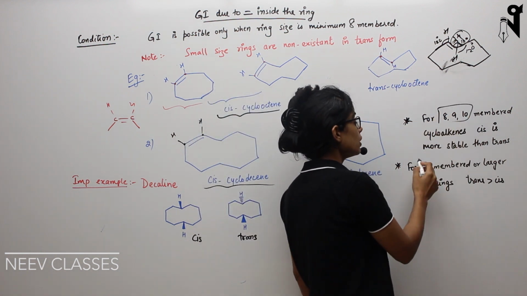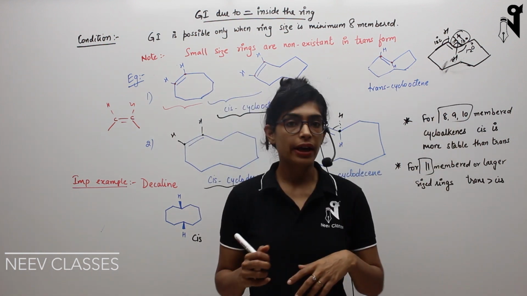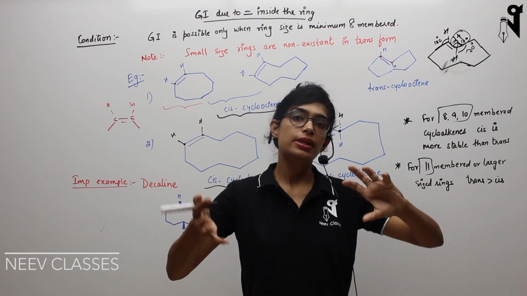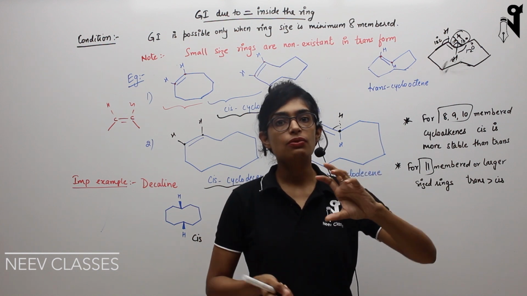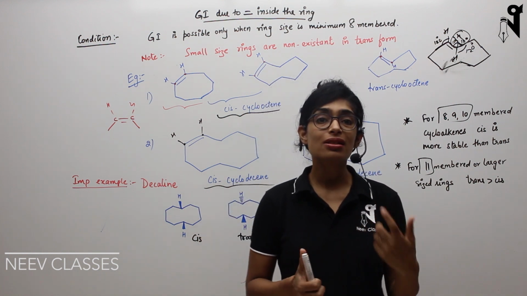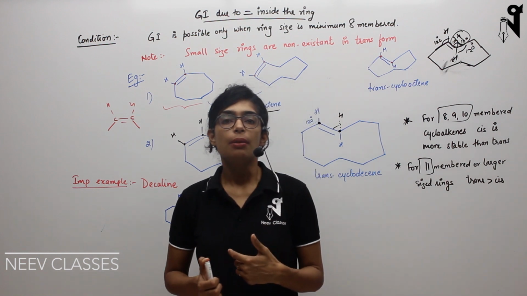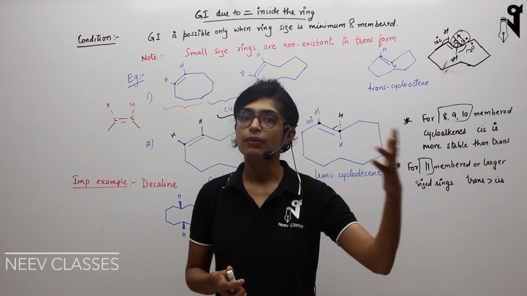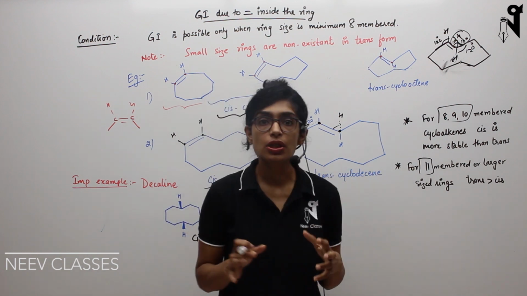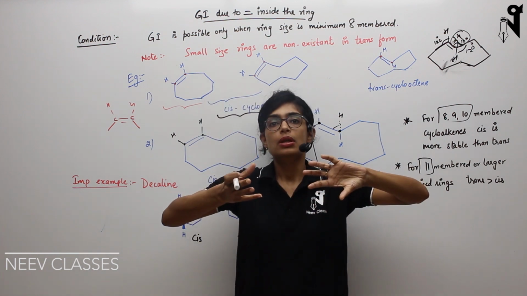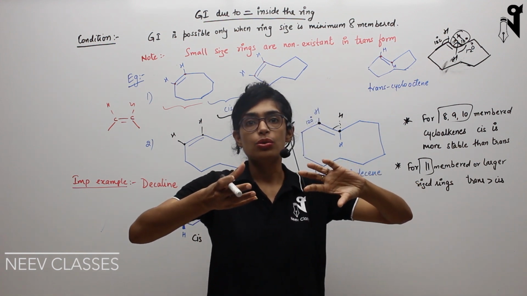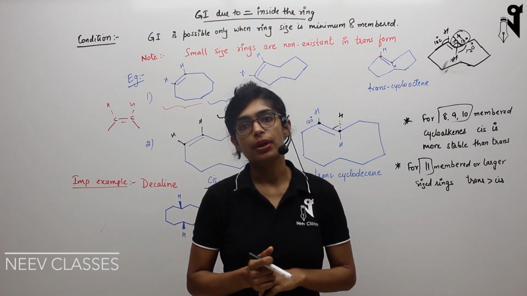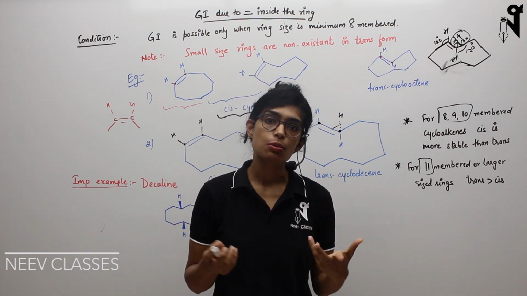But if it comes to 11 membered and 12 membered rings, the angles will be quite large, and we want to reduce the angle strain by twisting them. So trans forms will be much stabler than the cis forms. So cis is better in 8, 9, 10 membered chains, whereas after 11, whatever the bigger chains are, in trans form the twisting happens in case of bigger cyclic rings also, and that twisting actually decreases the angle strain, and hence trans becomes much more stable than cis.